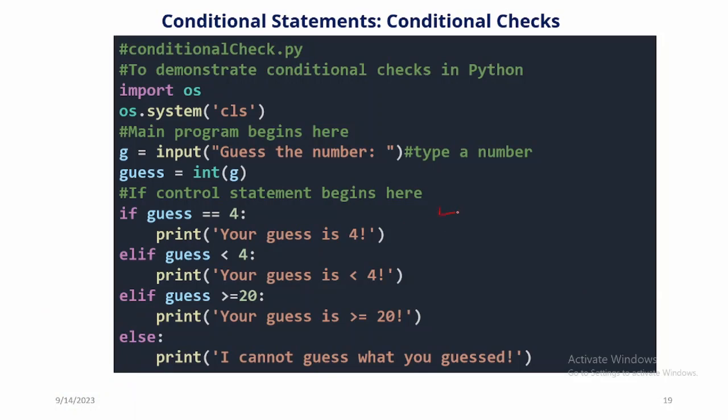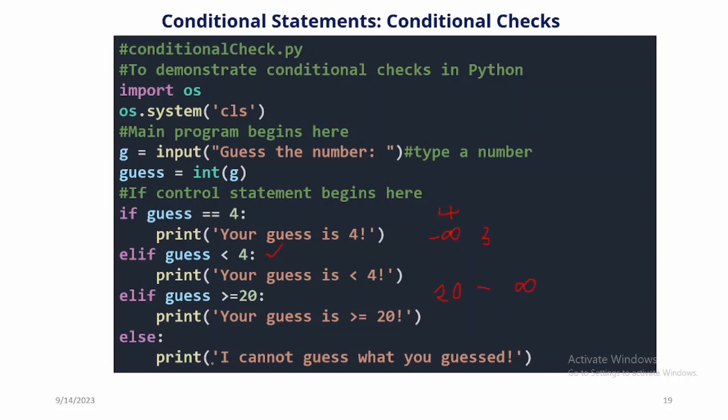First of all, we have 4. The program will recognize it. And then we have anything less than 4. That is from minus infinity to 3. And then we have another range of numbers, 20 to infinity. Of course, Python is not going to take infinity, but let's just say we are moving from 20 to wherever we can go, depending on the precision of the computer.